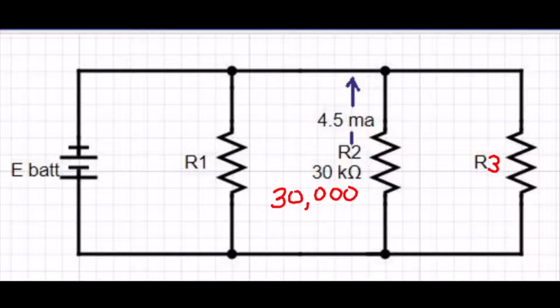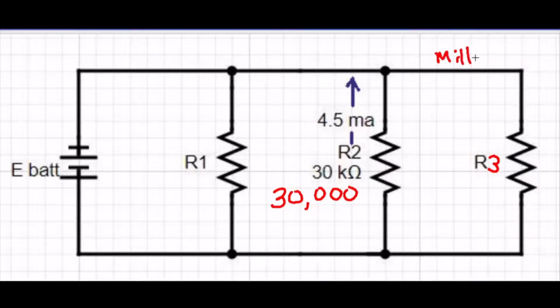And you'll notice how much current is flowing through that resistor is 4.5 mA. The M, in this case, stands for milli, so it's milliamps, 1,000th of an amp. Okay, it's a little hard to work with milliamps. Let's work with amps. So we need to translate 4.5 milliamps into amps. Okay, the easiest way to do this is remember that you have